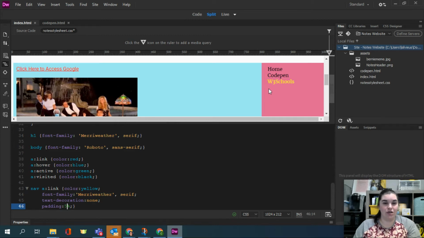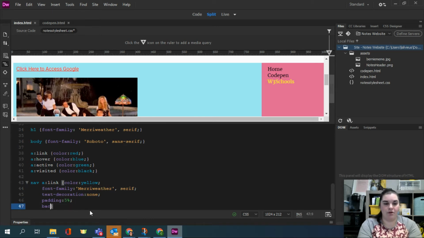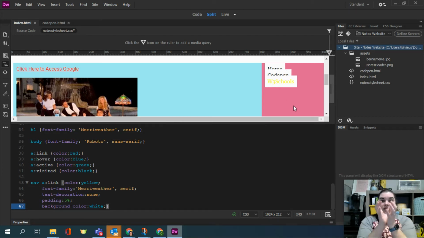I'm not seeing any occur inside of each, but I am seeing it occur on the left and the right. So that's not exactly what I'm looking for, but I'm going to keep making changes here. Maybe I give it a background color of white, right? So now I've got this background color, and you can see my padding is occurring, but I'm not seeing it space them out vertically. So I'm going to add some space vertically between them, and we'll talk about how to do that in a